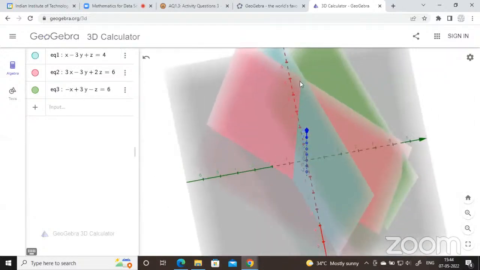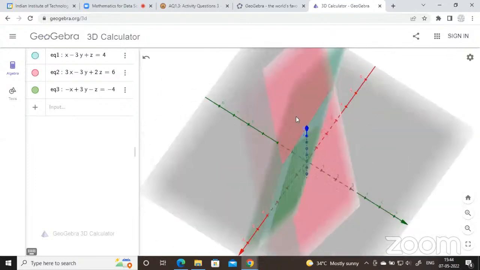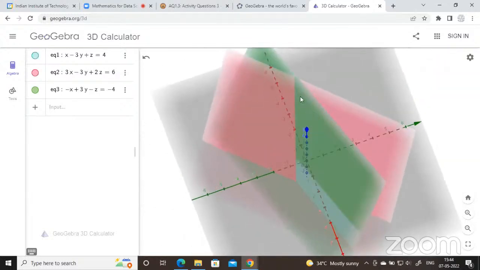Okay. Ma'am, show an example for a unique solution. We need to construct that. Sorry, ma'am, could you go back to the one where the blue and the green were overlapping? That's the second and the third overlapping. In this case, there's one unique solution, right? No. Infinitely many solutions along all these points, because it's a plane.